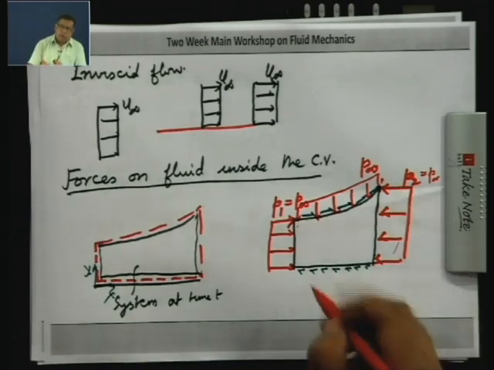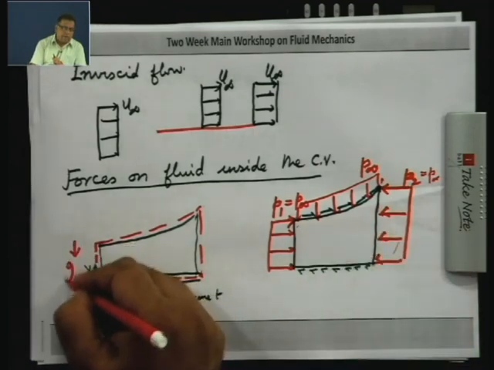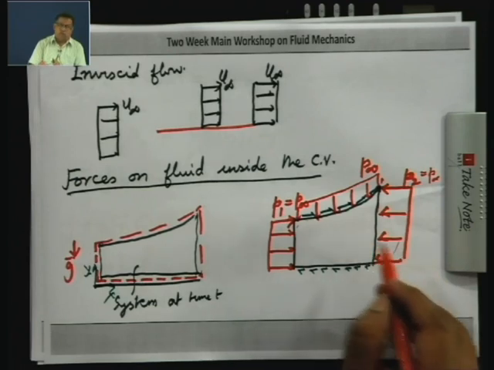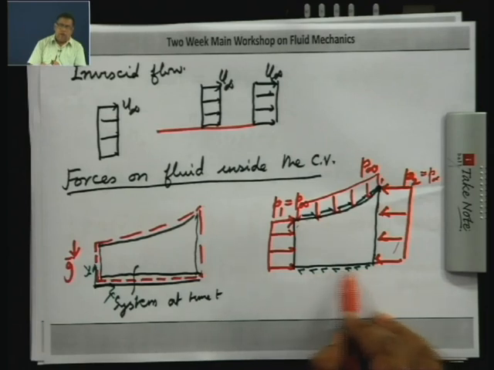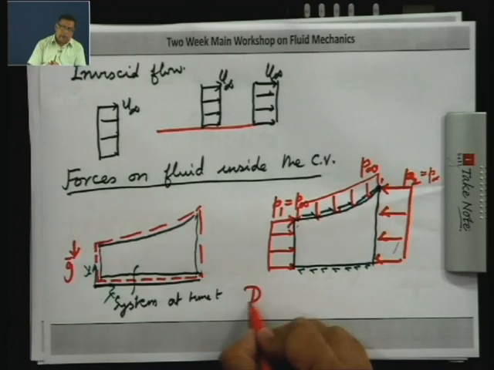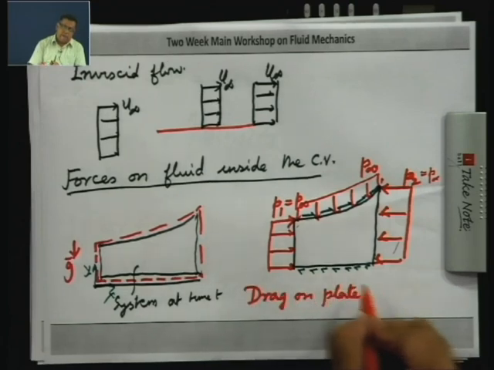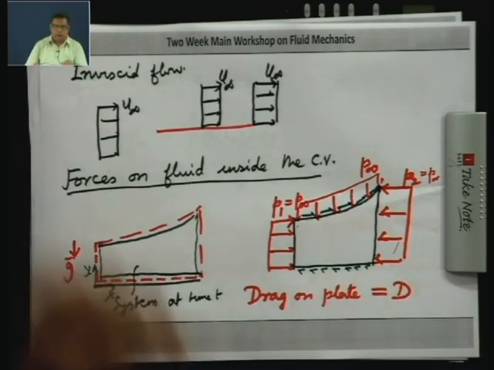Or if you want, you can show the forces. Now, the gravity, if I say that this is gravity, then the gravity force in the x direction component also is 0. So, these are the net forces. Now, this force here, if I integrate it, you will get the drag on the plate. So, if I say drag on plate is D, to get the drag,